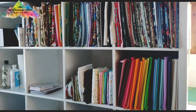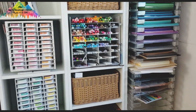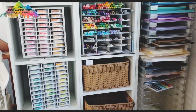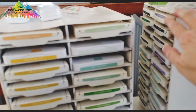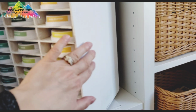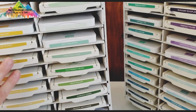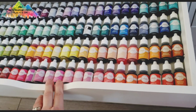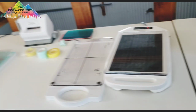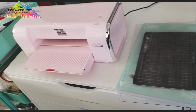Here I have some fabrics because I like to sew, and over here is all my Copics and paper, and all my stamps are in these beautiful baskets. It's all IKEA. Again, I told you I kept my Stampin' Up! stuff. So my stepdad made me these ink holders, both for my Catherine Pooler and for my Stampin' Up! because there are different sizes. And then look at this, you guys. All of my re-inkers are in this drawer. I have easy access right here to my hot foil machine and my Big Shot switch, my die cutting machine,